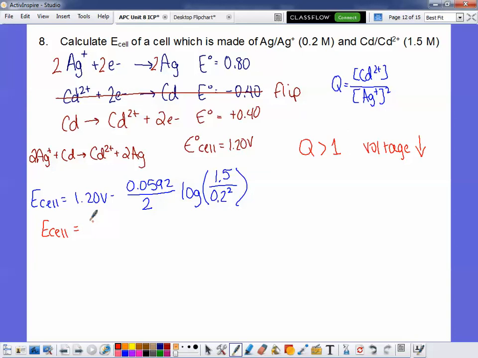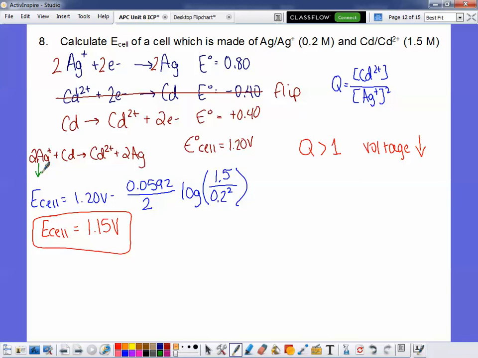We're going to ignore the sig figs of the concentrations. So 1.15 volts, and that matches our prediction. The voltage did go down. Now the reason why is, looking at our overall equation,